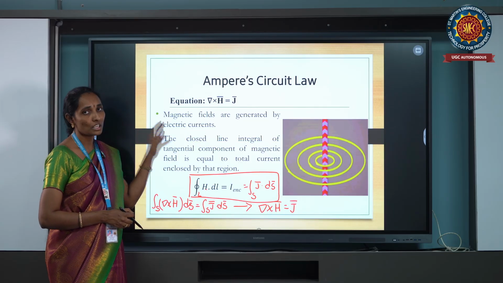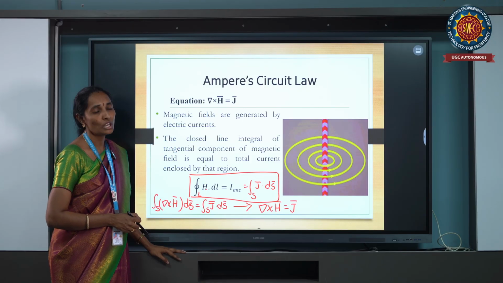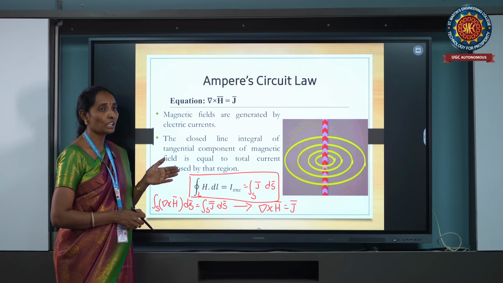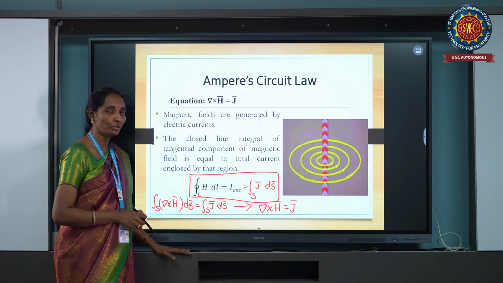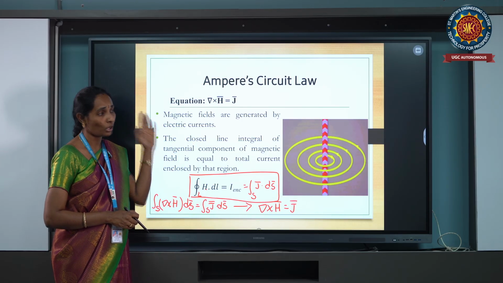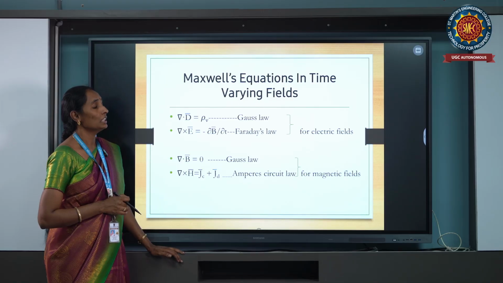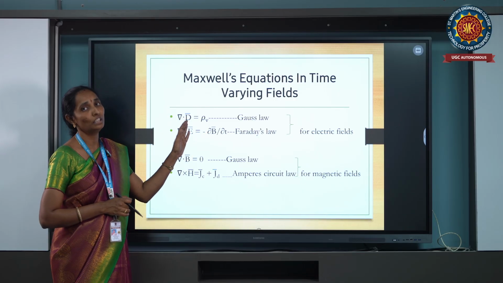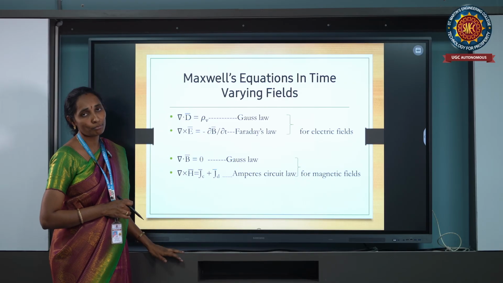But these Maxwell equations are used for finding the properties of electromagnetic waves. An electromagnetic wave is a wave propagating from one point to another, which means every field component is varying with respect to time. So for studying electromagnetic waves, the Maxwell equations are also presented in the time varying condition. The Maxwell equations in static fields can be converted into Maxwell's equations in time varying fields. Here also there are four Maxwell's equations.